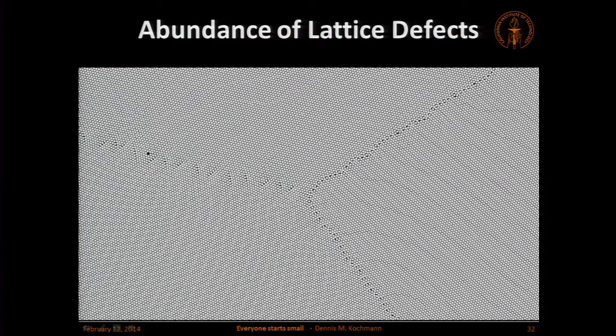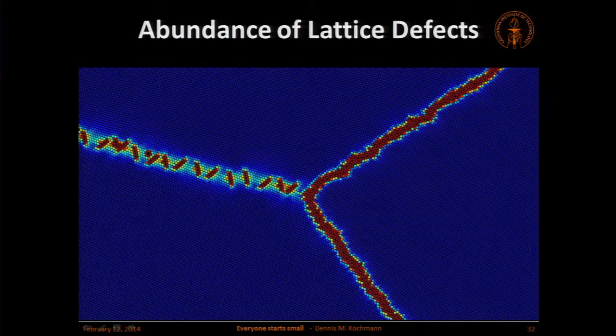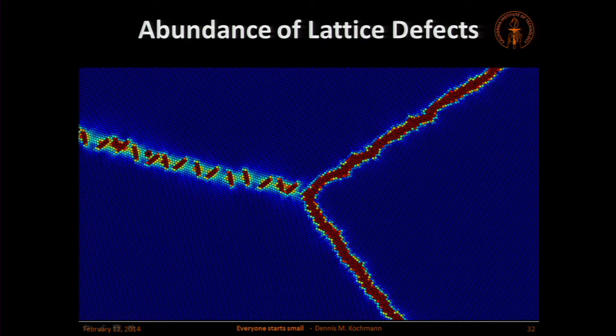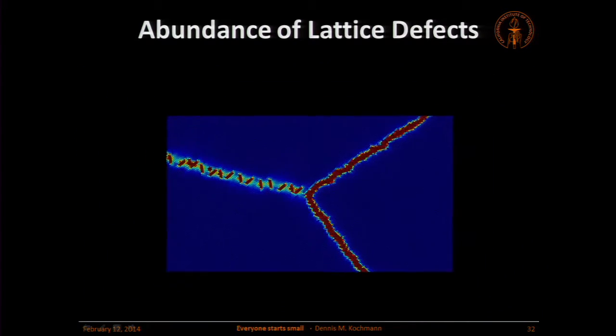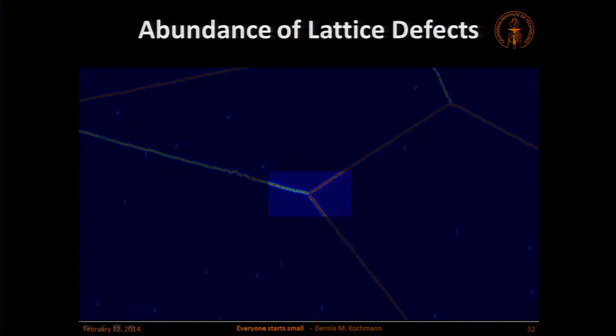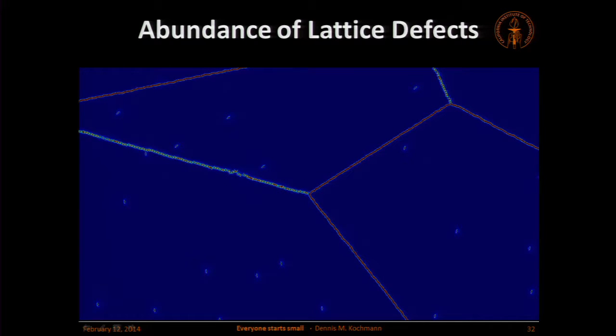And these dislocations are everywhere in crystals. These are the three grains I showed you before, and if we use a special technique to make dislocations visible, we can actually see that even these grain boundaries are full of these dislocations, of extra planes of atoms that end somewhere in the middle that are not supposed to be there. If we zoom out further, it's not only the boundaries, even the grains themselves are full of these little dislocations. All of these are planes. This is a 2D cross-section, so these are planes that come out and go into the screen that are not supposed to be there.